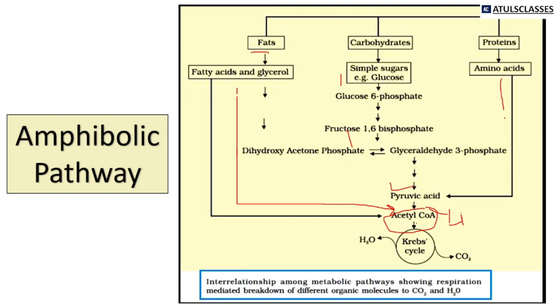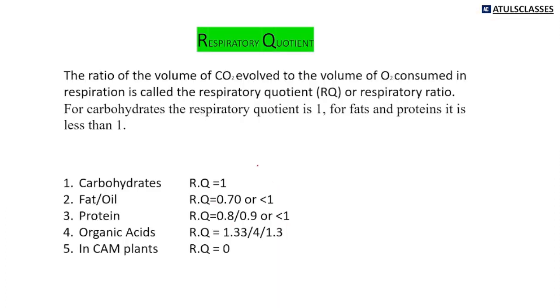Then how will protein enter? Through amino acids. Amino acids get converted into pyruvic acid, or they enter directly into the Krebs cycle at the point of alpha ketoglutarate or glutamic acid. So fats, carbohydrates and proteins can enter at a particular step of the Krebs cycle and glycolysis, and we can use all these as a source of energy. If carbohydrates are less, proteins or fats will be used. But how are these associated?